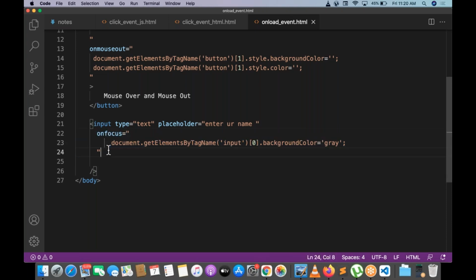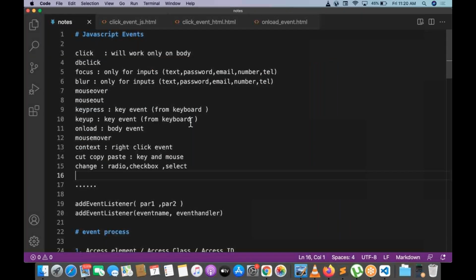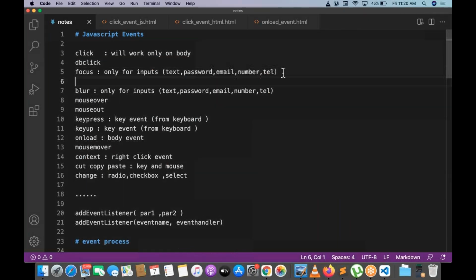Can we do for on blur? What is on blur? Focus means when we click inside the text box. Yes or no?